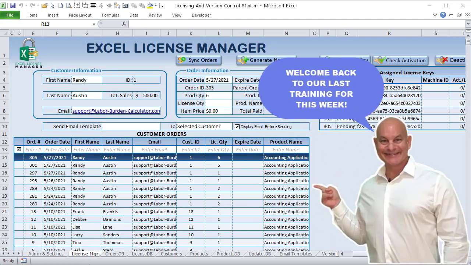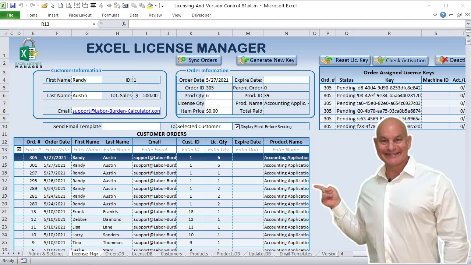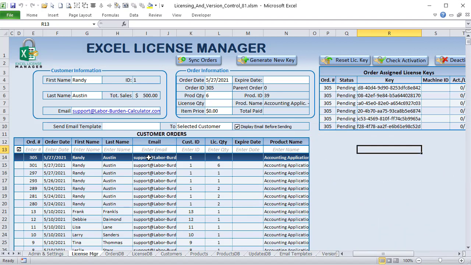All right, welcome back. In this training, we're going to focus on all the features that we can use with these licenses, or as many as we can get to, including generating a new key. We're going to check activation and actually how do we reset the key. So in the last training, we showed you how we could create these licenses from an order and also how